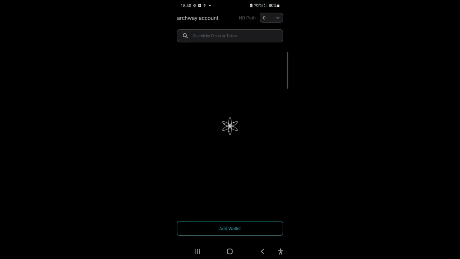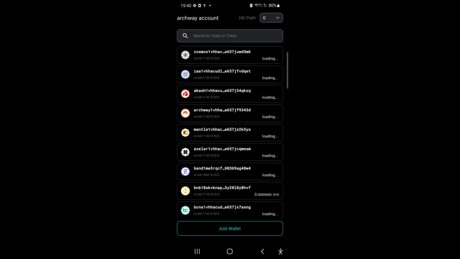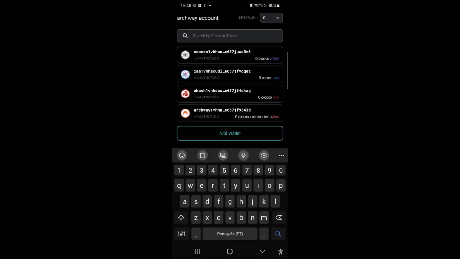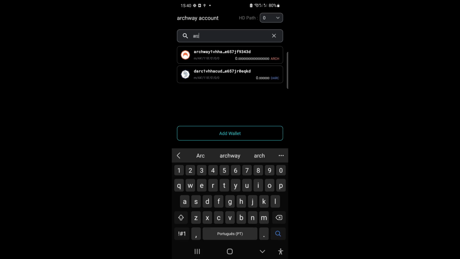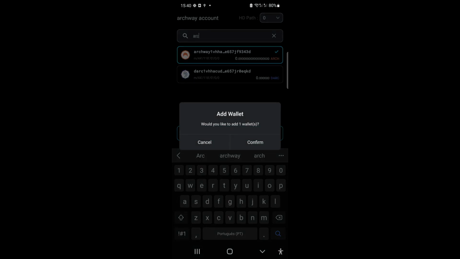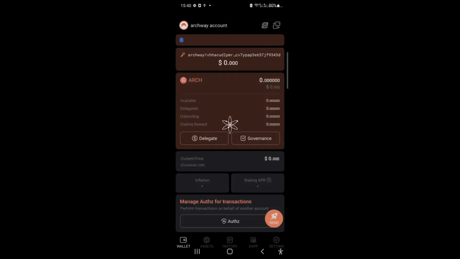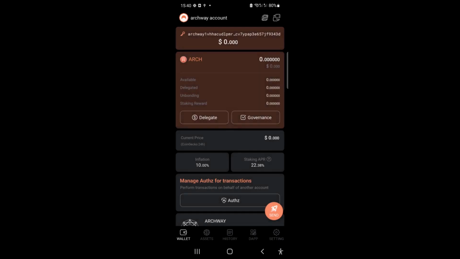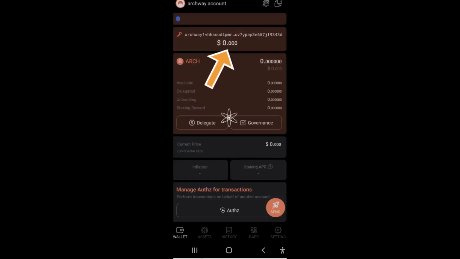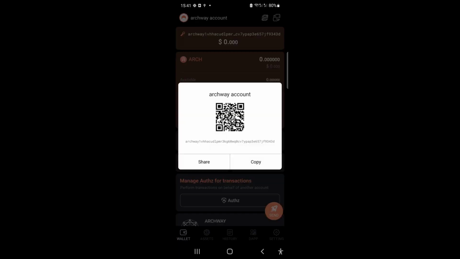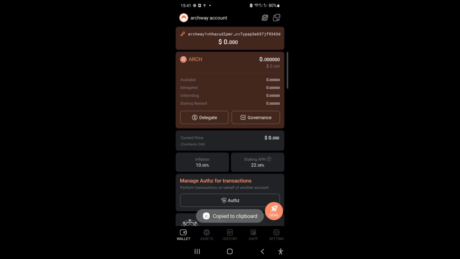So as you can see, it's really easy to set up a Cosmostation mobile wallet account, and we can select the Archway network by just writing Archway in the search bar. So we can select Archway, and once we confirm, we are gonna be shown our Archway address. So as you can see, it's very fast, and just clicking on the Archway address, you can copy that address to the clipboard. You're gonna be also shown a QR code that represents your address,